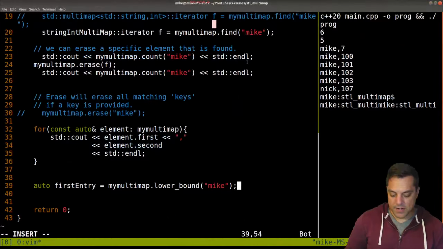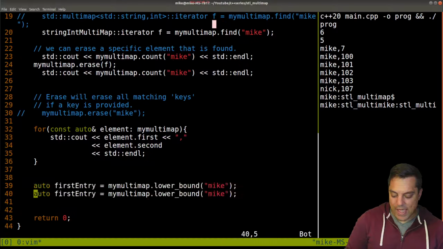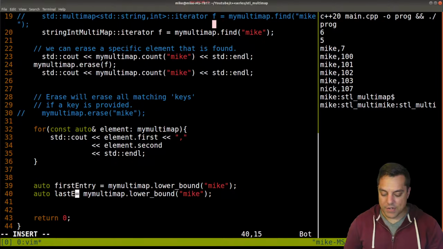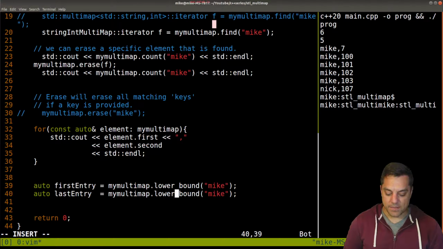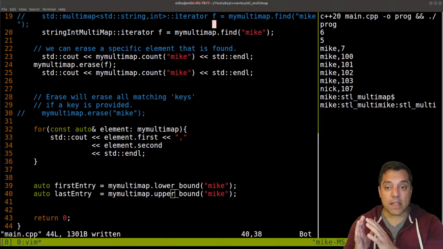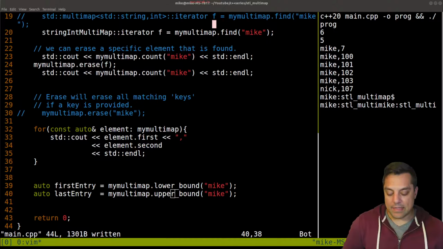Okay, so I've got that under control so you can see the whole screen here. And let's go ahead and check out last entry. And let's go ahead and see what the upper bound gives us here. Okay, so let's do upper bound. All right. And now that we've got the first element that we're looking for and the last element, well,